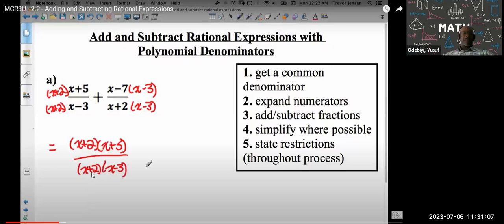Okay. Sorry, x plus 2 and x minus 3. So this is going to be, and then I have to add this one over here. So now watch. Now, common denominator, so one denominator, but now these two I'm going to have to add. So the only way for me to